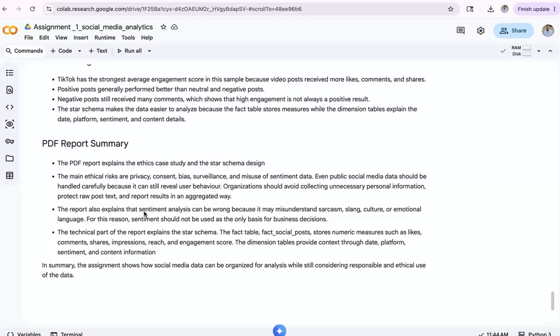The report also explains that sentiment analysis can be wrong because sarcasm, slang, culture, or emotional language may be misunderstood. For this reason, sentiment should not be used as the only basis for business decisions. The technical part of this report explains the star schema, which I talked about before, which involves the fact table alongside the dimension tables. So in summary, the assignment just shows how social media data can be organized for analysis